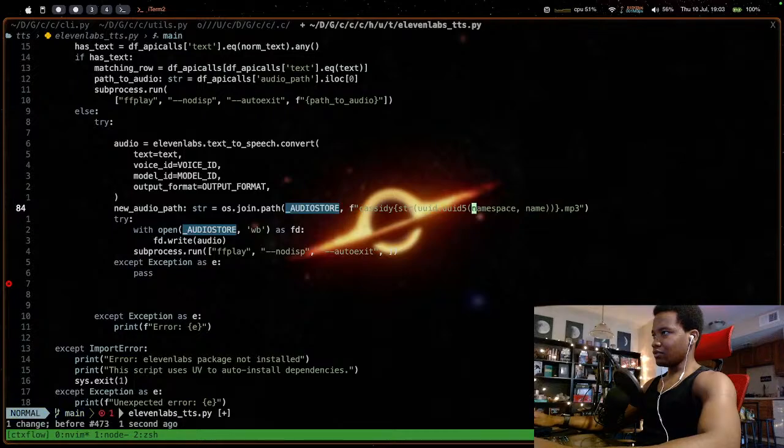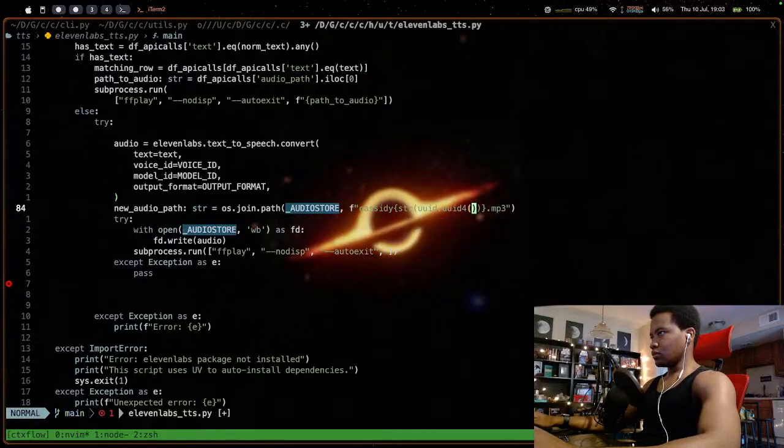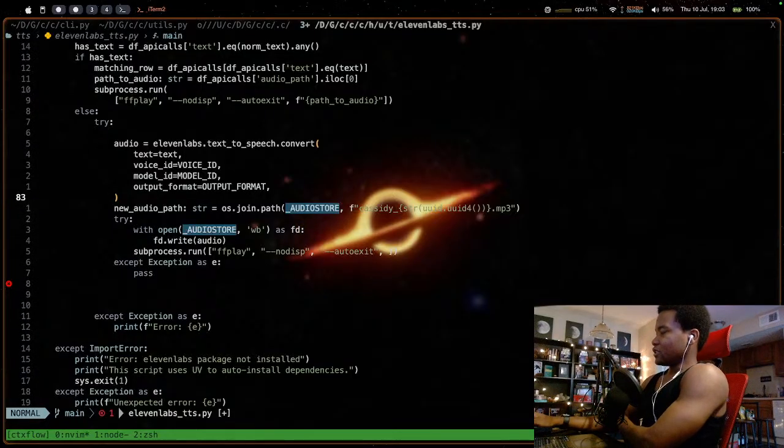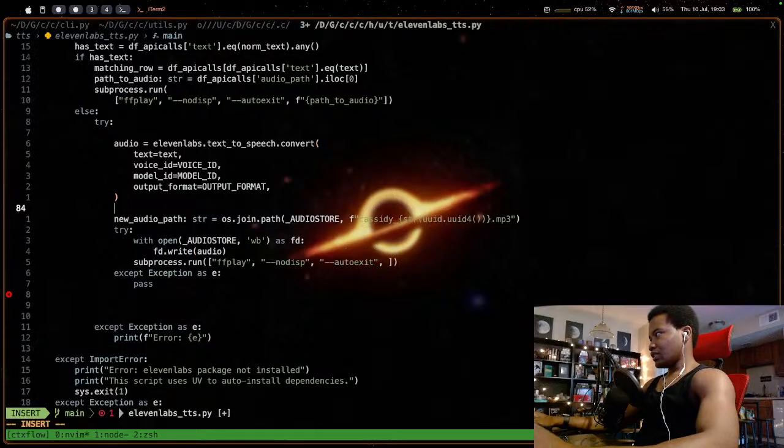How do we get 5? Where did 5 come from? Let's do Cassidy underscore. That way I know the name, that's the actual voice name, and then the unique identifier. Because I don't really care, I'm going to be indexing it via the text, and then I'm just going to be grabbing it directly from the data frame. So I don't really care what the thing is. I just make sure there's no name clashes anywhere.